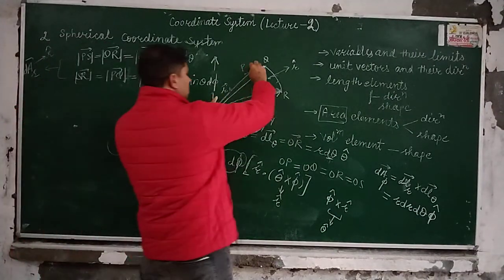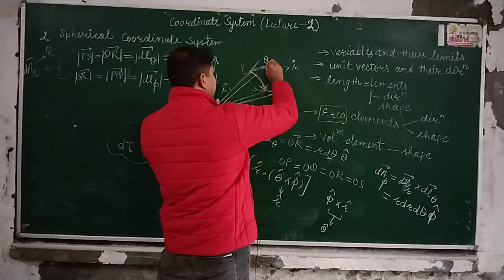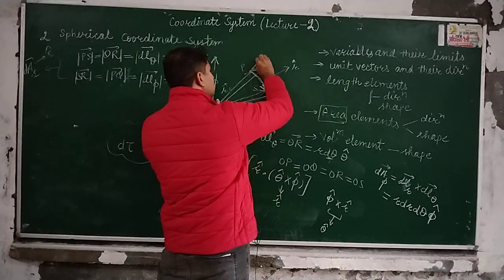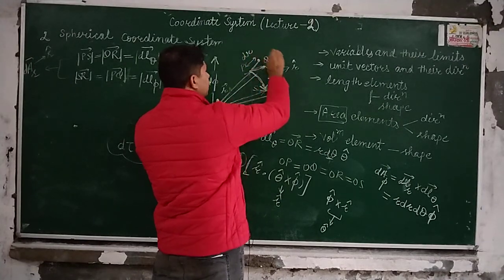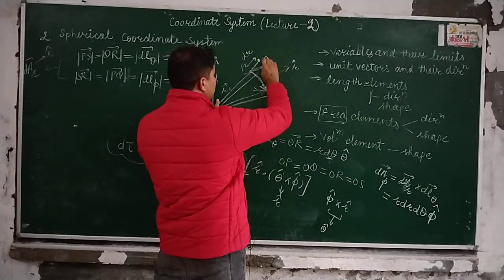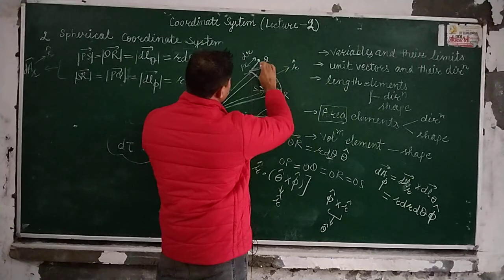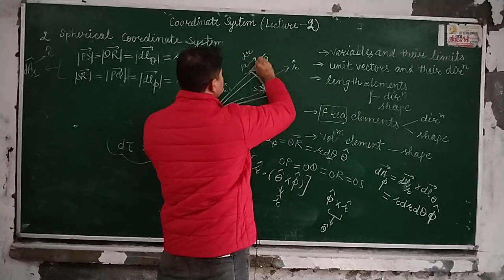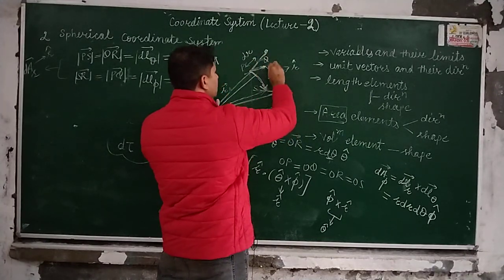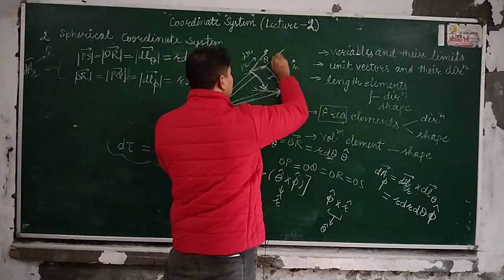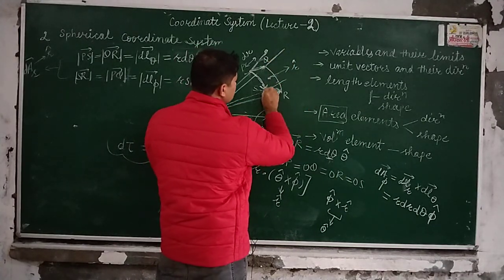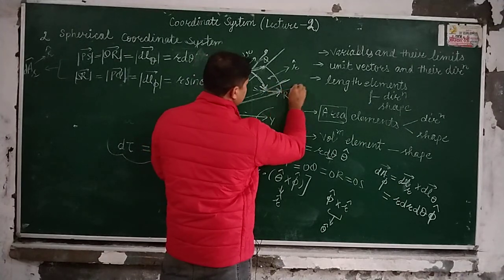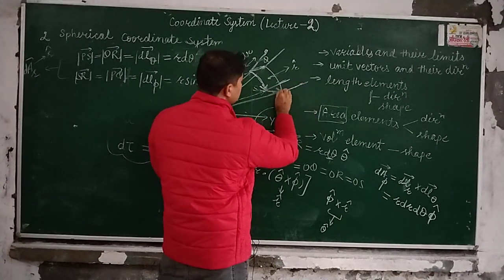So if we increase this along this direction by an amount dr, in the same way we increase this radius vector, and this radius vector, and then this radius vector,